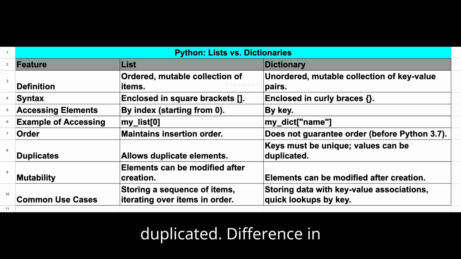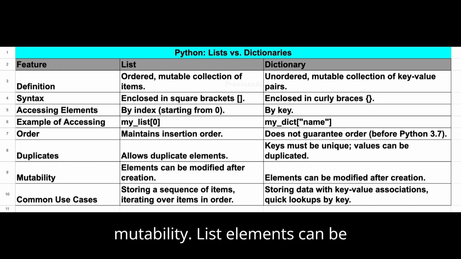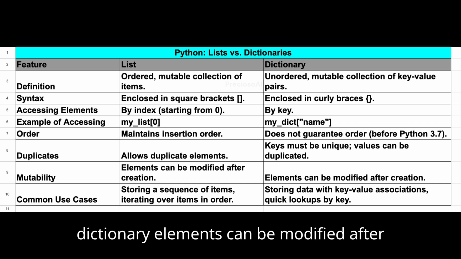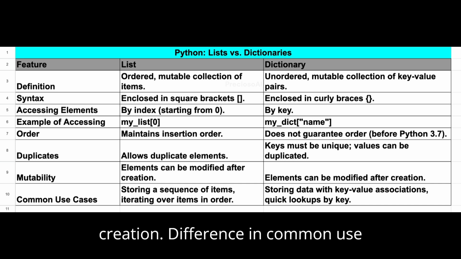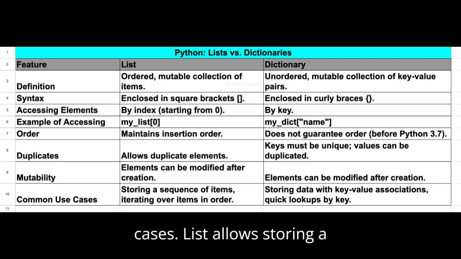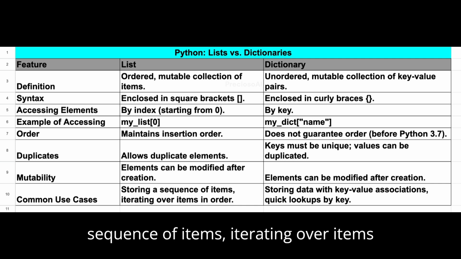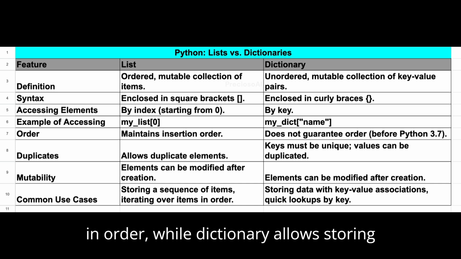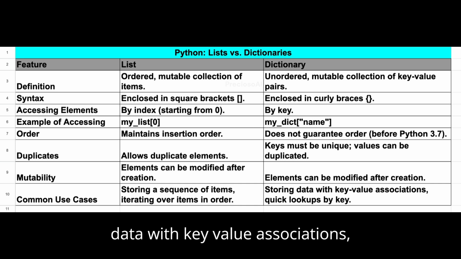Values can be duplicated. Difference in mutability. List elements can be modified after creation, while in dictionary elements can be modified after creation. Difference in common use cases. List allows storing a sequence of items, iterating over items in order, while dictionary allows storing data with key-value associations,